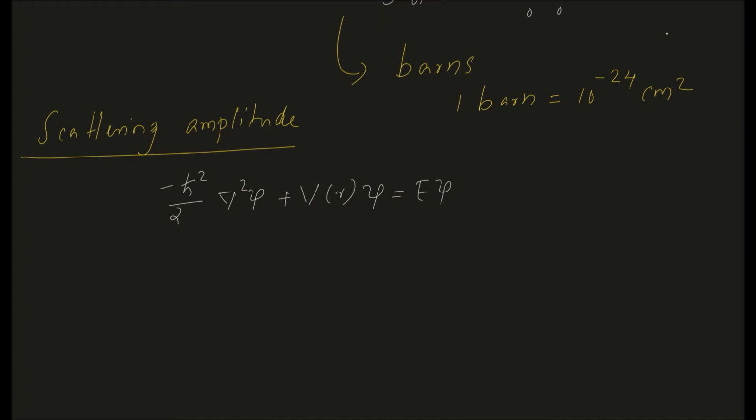If you are considering it in the center of mass system, then we have to write minus h cross square by 2 mu, where mu is the reduced mass of the system, small m into capital M divided by small m plus capital M, where this small m is the mass of incident particles, the incident beam of particles, and this capital M represents the mass of the target particle that we have in the scattering experiment. And what we assume is that this potential is a function of the relative distance between the two particles. Now we assume that this potential has a finite range